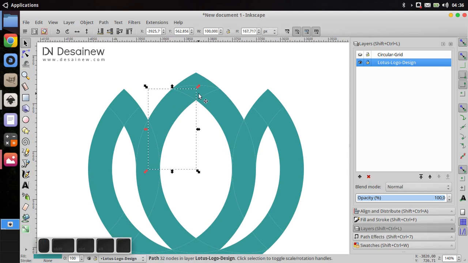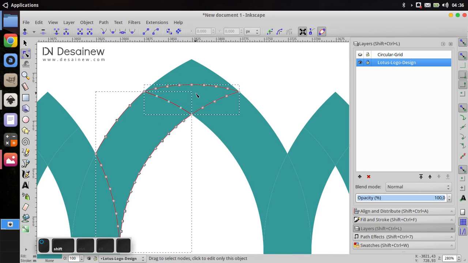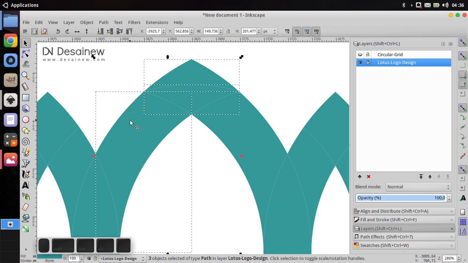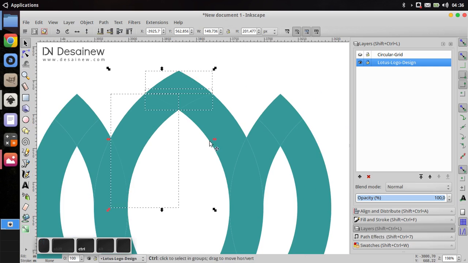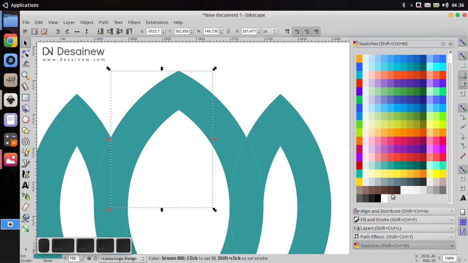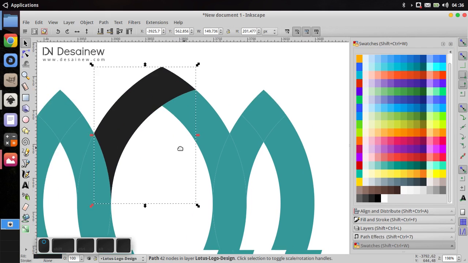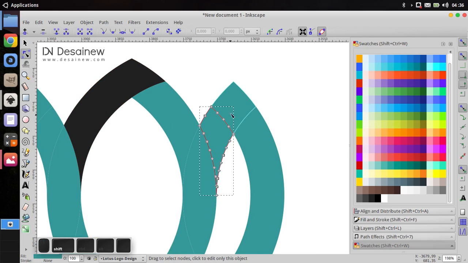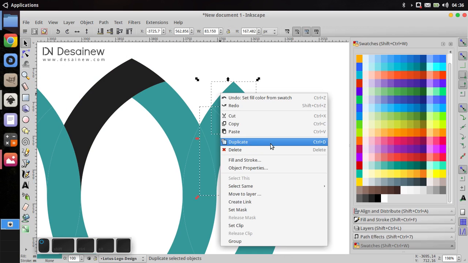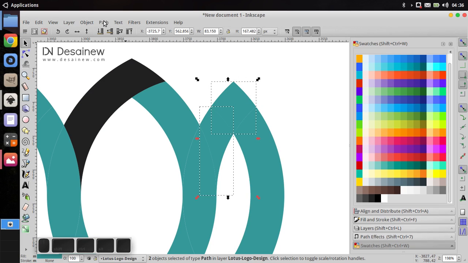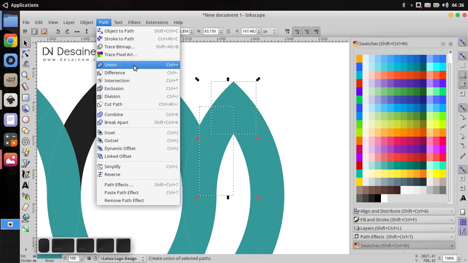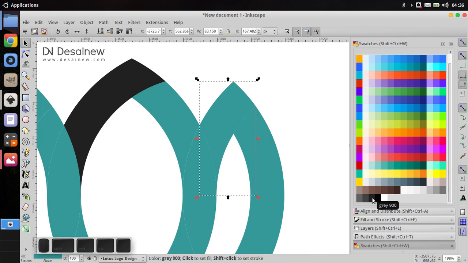We choose this object and this object, and then right click and duplicate, and choose the path menu and choose union, and here I give a gray color like this. Select this object and this object, right click and choose duplicate, and unite with the path menu and union like this, and here I give a gray color.